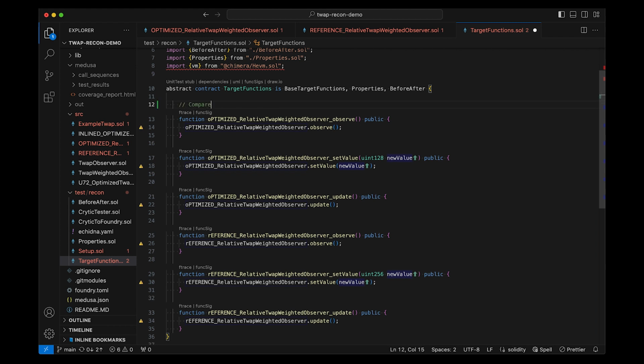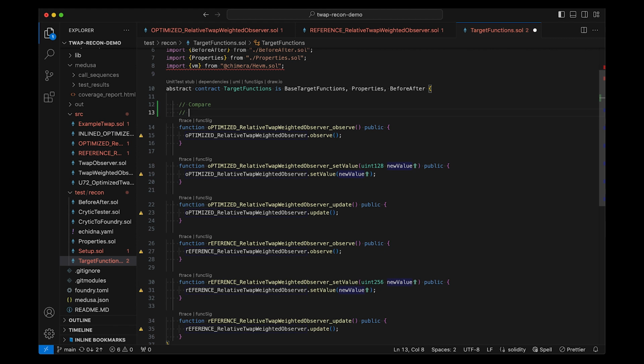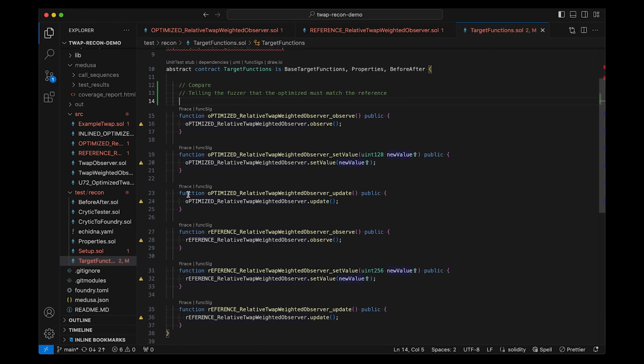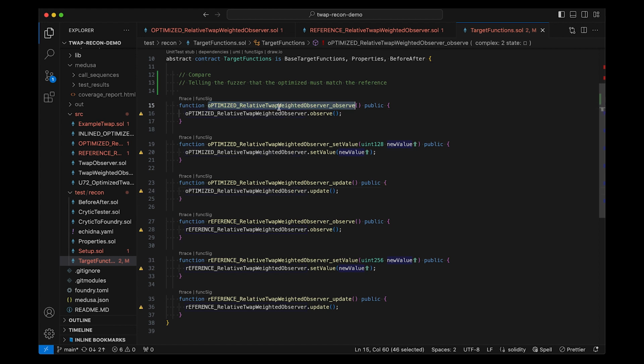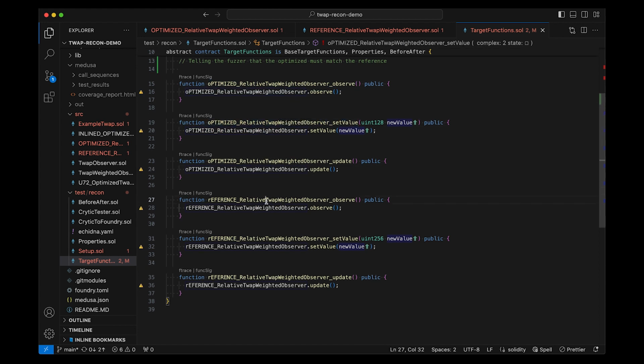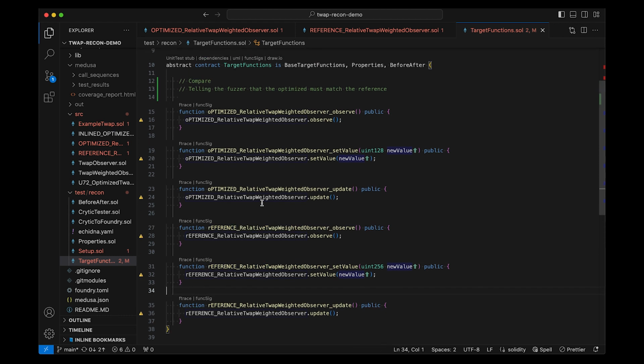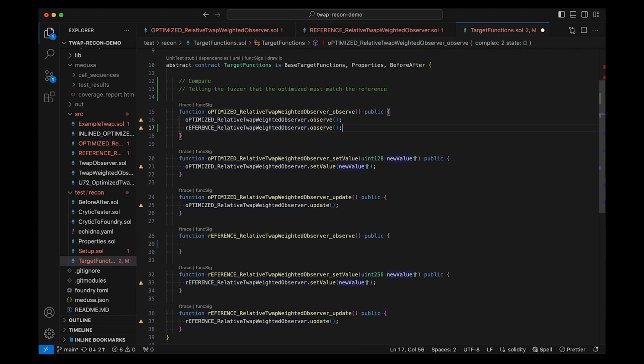You would call it compare them. But what you're truly doing is telling the fuzzer that the optimized must match the reference. So as we go deeper on this, let's say I do a really basic variation here. Observe, update, set value. So let's say we have the optimized, relative, and then we have the reference, observe, reference, value, reference, update. So our first level will simply be to grab both of these,